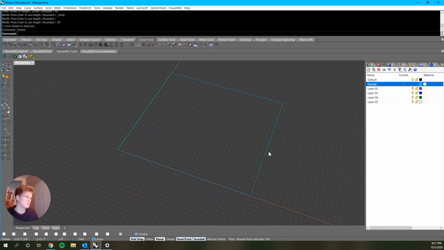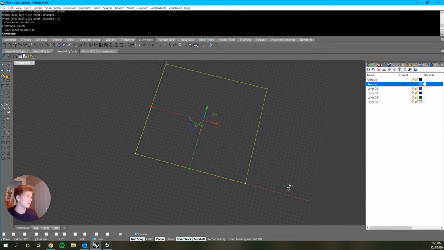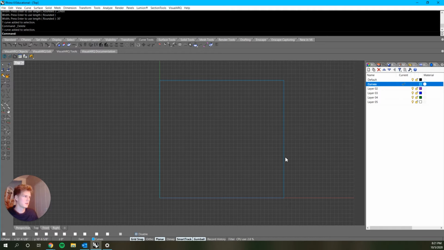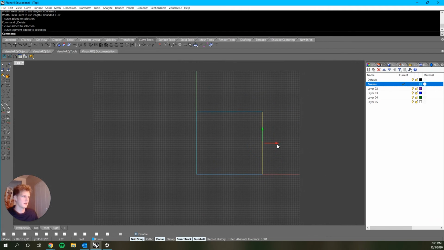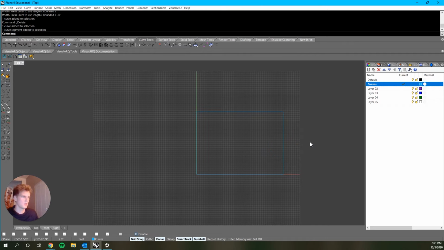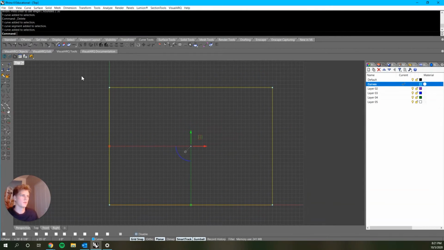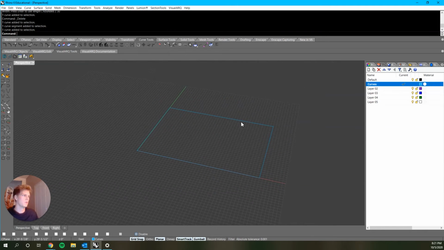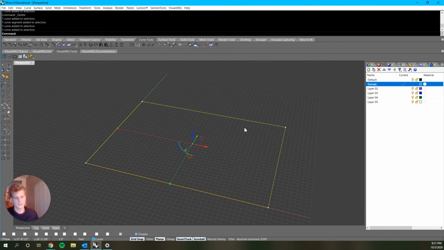Or I think I made a 30 by 30. Yeah, so it's a square there. We can always Control Shift click one of the sides and move it out 10 feet using the gumball. So now we have a 30 by 40 foot rectangle. So from here, we can run an offset command